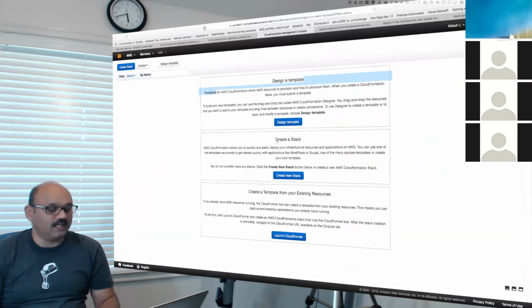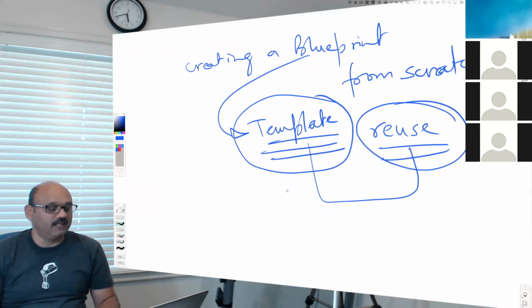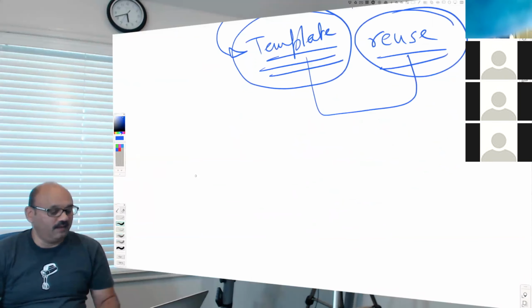In this second step, you create a stack. That basically means that you provide a template into the tool to get a cloud, get a VPC.